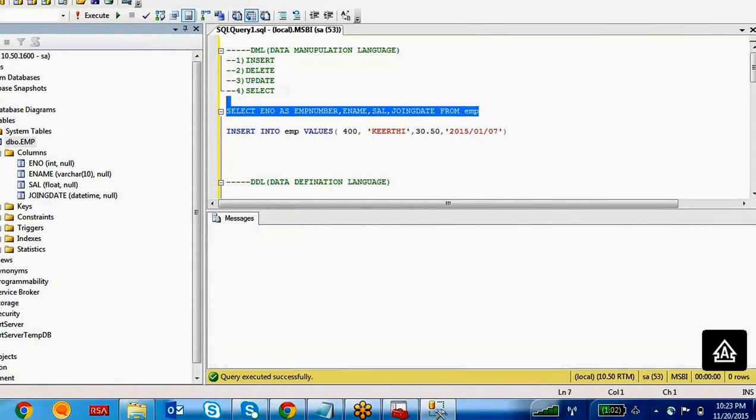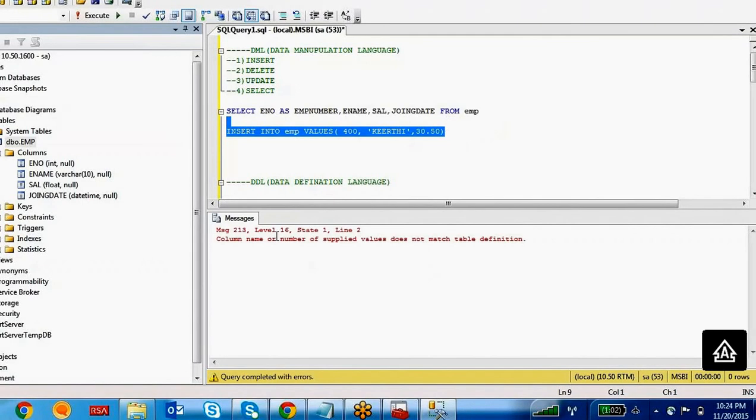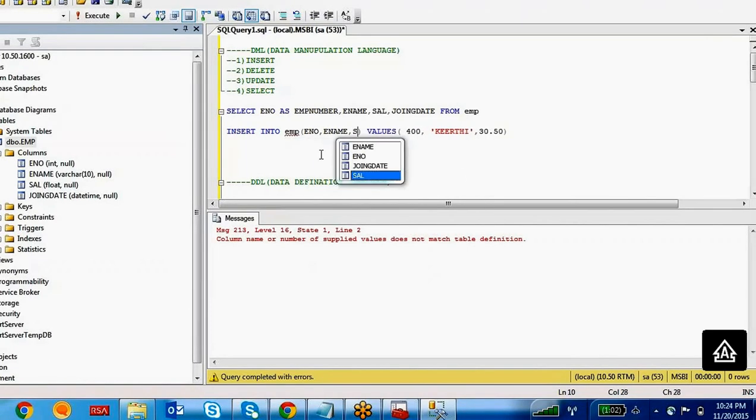The fourth one also inserted. If you don't want to insert this date, it throws an error because you are trying to insert only 3 columns, but there are 4 columns. So you don't know for which columns you are going to insert these 3 values. So you have to specify in this case the column list: employee number, employee name, and salary.